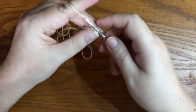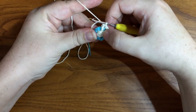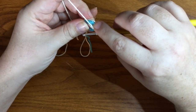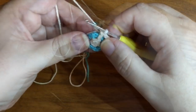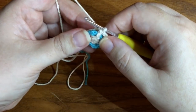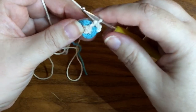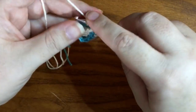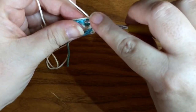So finish my double crochet. You notice that the stitch actually carries over on top of the blue. Now I'm going to skip the stitch here because it's going to count as this one. So we're going to skip that stitch and repeat the pattern again. So single crochet, increase, double crochet where we skip the one here. So skipping that one, we have a single crochet, an increase,